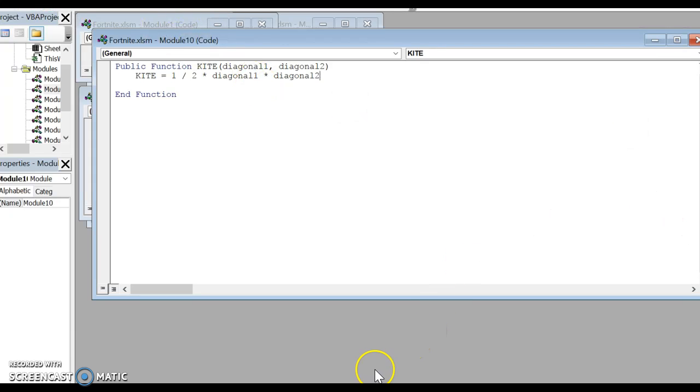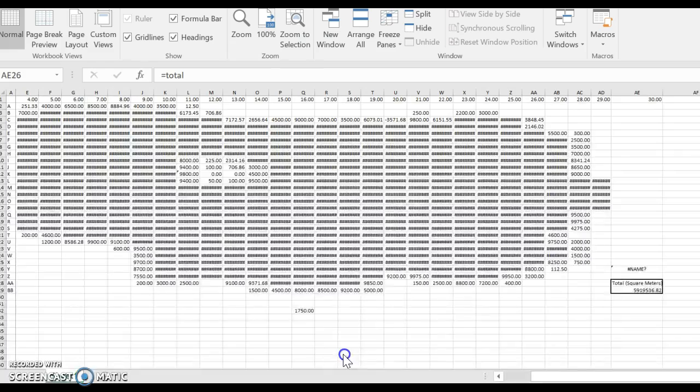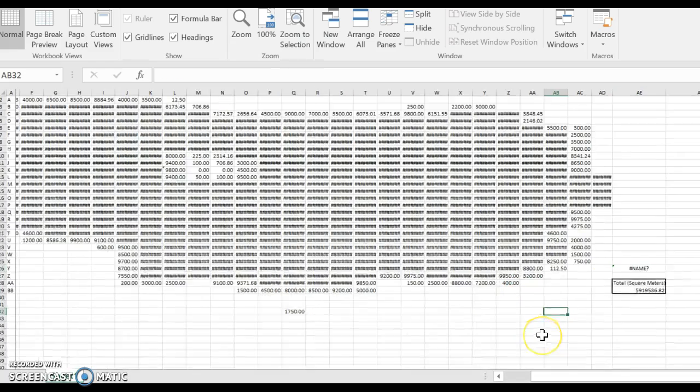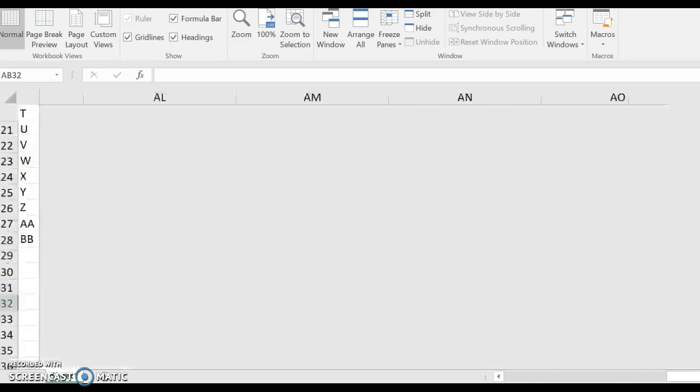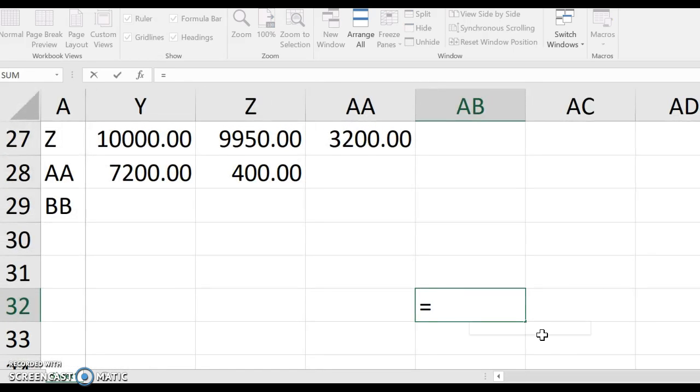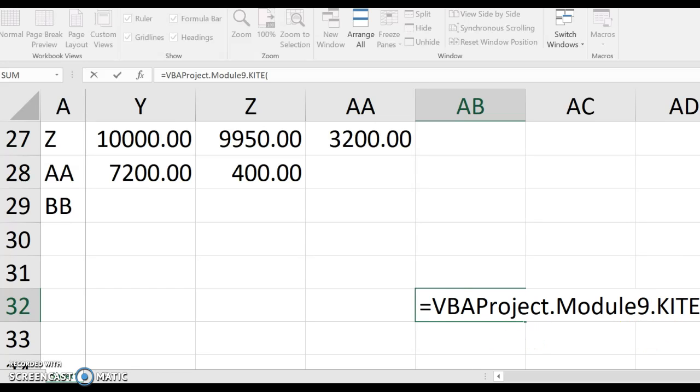And then if I went back to the Excel spreadsheet, then I could type in, I made a different kite, but we'll just use it, and then I could just type in 30, 40, and then it would